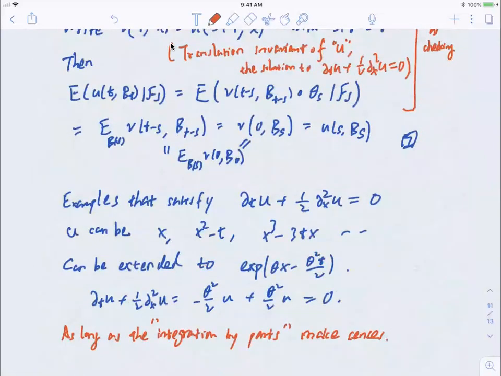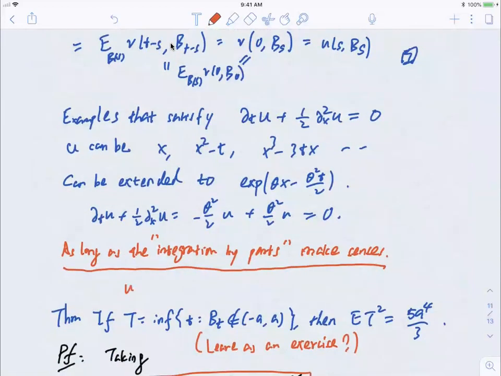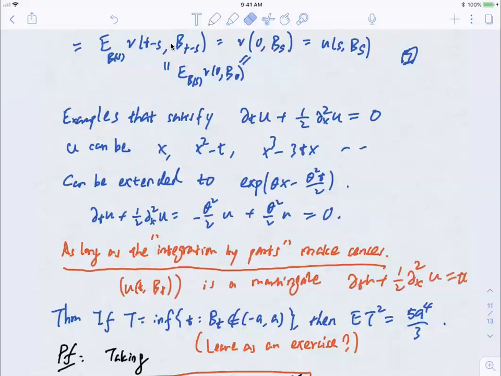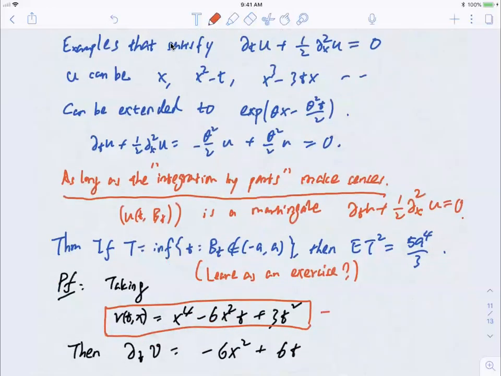So there are other discussions as well. As long as the integration by parts makes sense, we know this u(t, Bt) is a martingale, as long as partial t u plus 1/2 partial x squared u equals 0. So using this observation,